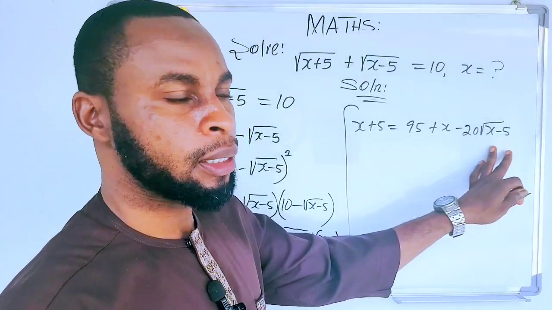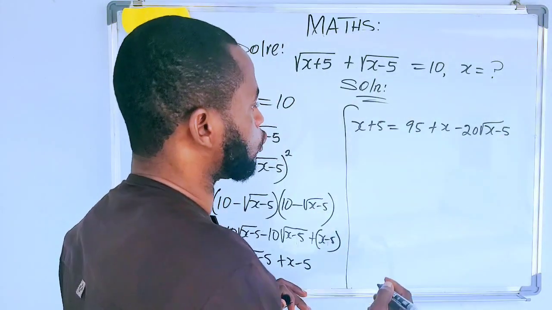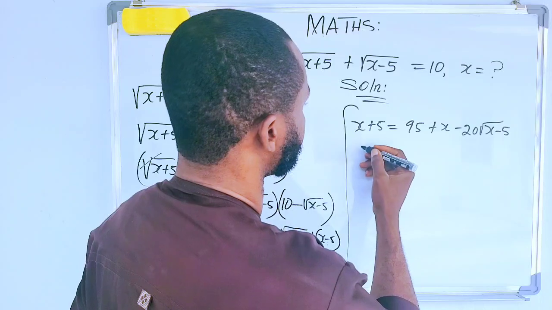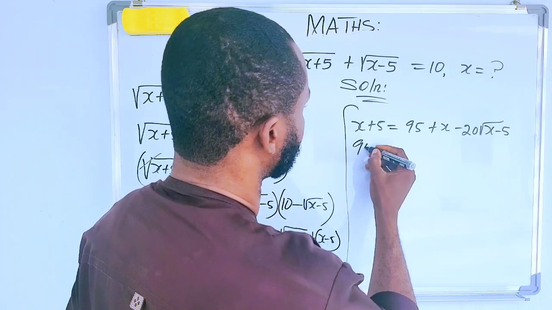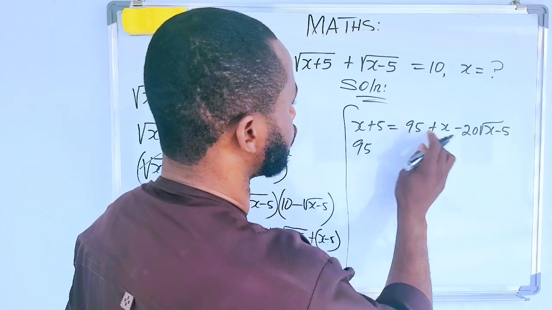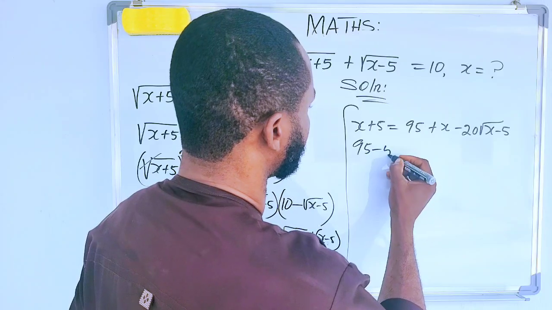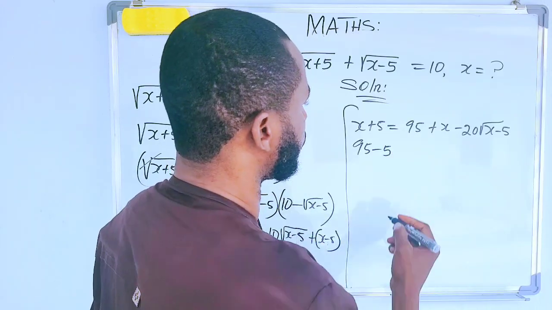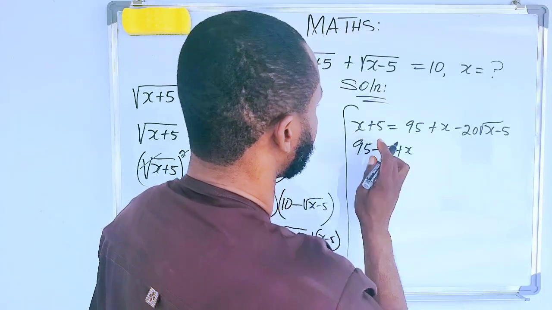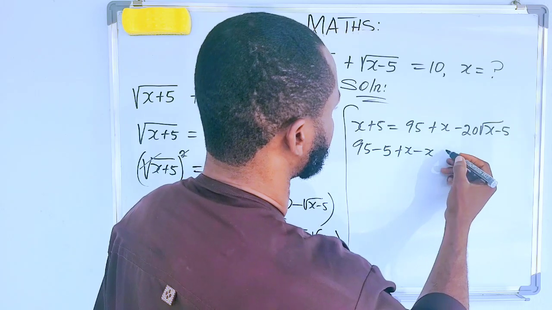Now we collect like terms here, and we are going to have that 95, if you move 5 down here, it becomes minus 5, then plus x. If you move x down here, it becomes minus x,